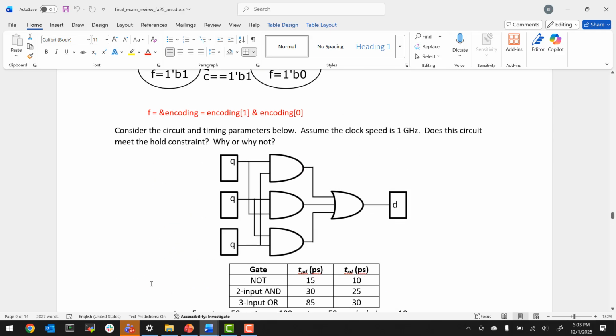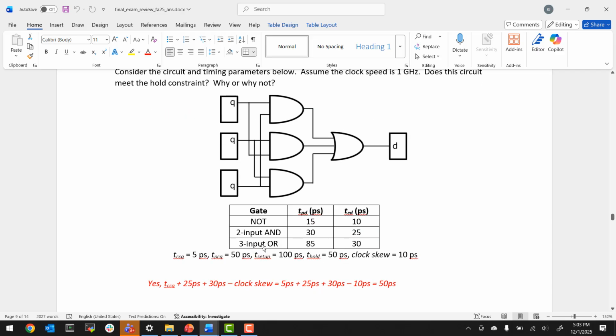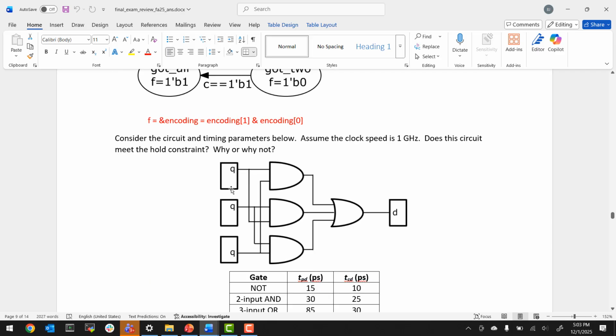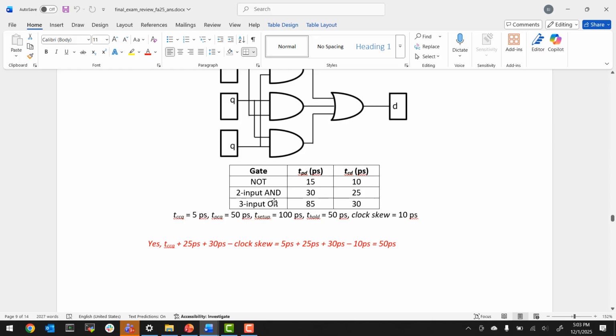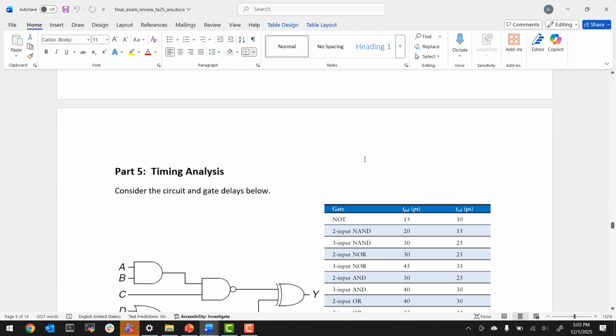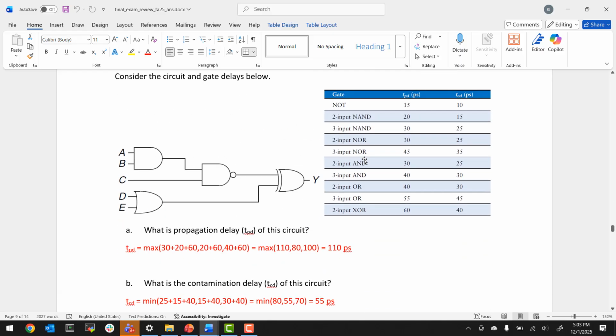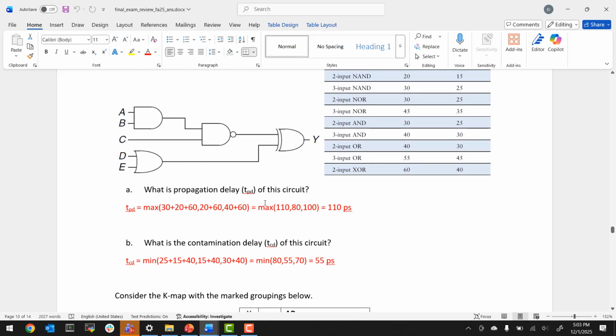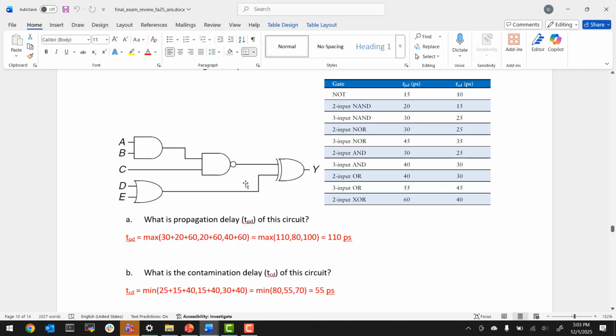Okay, this is another timing analysis question. I'm running out of time, so I'm going to go kind of fast here. This is just asking to do setup and hold time. This is another one. This is asking what the propagation delay is and the contamination delay. This one's actually not tricky because there's no fan-outs here, so it's very easy to find